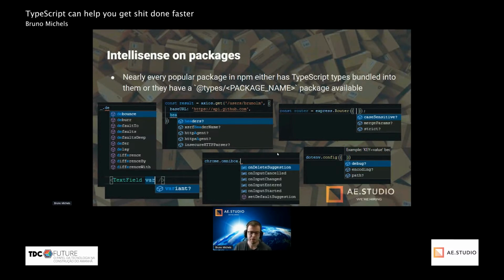And a fun little mention is you have types for Google Chrome. If you're trying to build an extension for Google Chrome, you can install @types/chrome, and then you're going to have all the auto-completion, all the IntelliSense for the Chrome API. So you can type chrome dot, and then you get an auto-completion. In this case, I have chrome.omnibox, and then I have some different listeners. I can listen for a few different events here, and I can set the default suggestion. So you get all that auto-completion even for Google Chrome extensions.